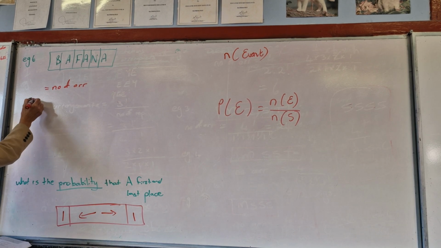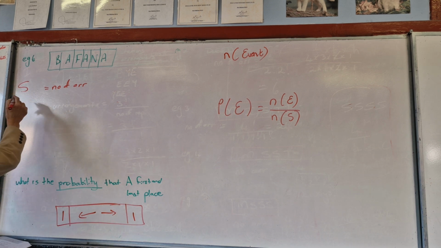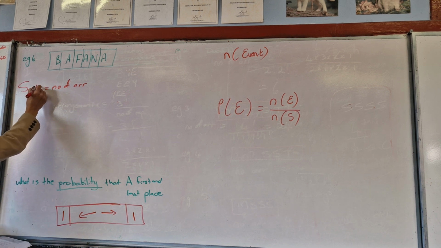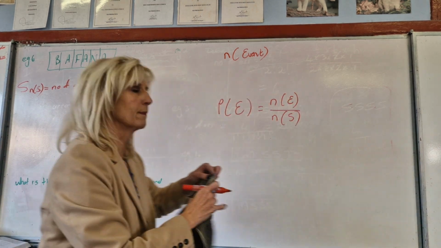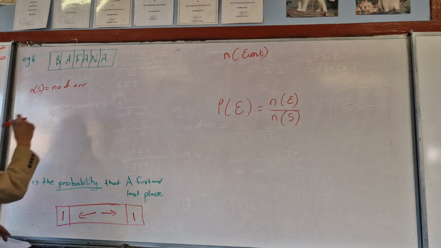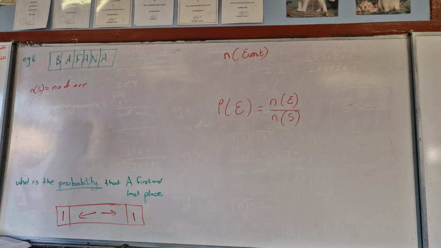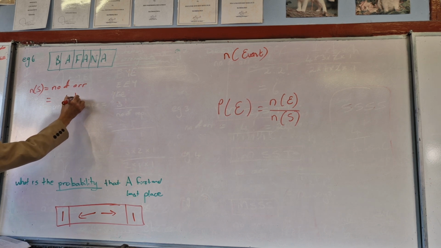Because that is your sample space. I wrote it wrong, sorry. Is your n(S). Are you with me? The number of possible arrangements. And that would be what? So let's get back to the word and whatever. So the number of arrangements is 6 factorial